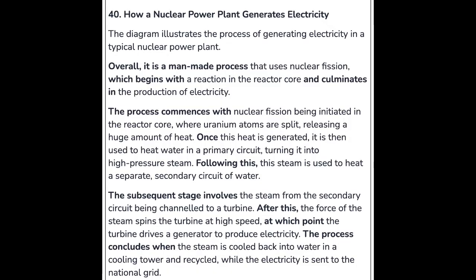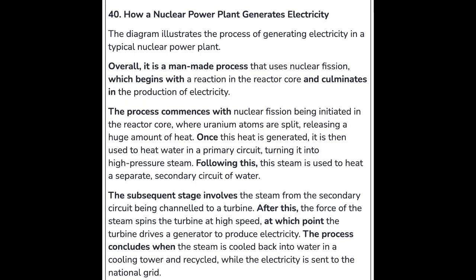The diagram illustrates the process of generating electricity in a typical nuclear power plant. Overall, it is a man-made process that uses nuclear fission, which begins with a reaction in the reactor core and culminates in the production of electricity. The process commences with nuclear fission being initiated in the reactor core, where uranium atoms are split, releasing a huge